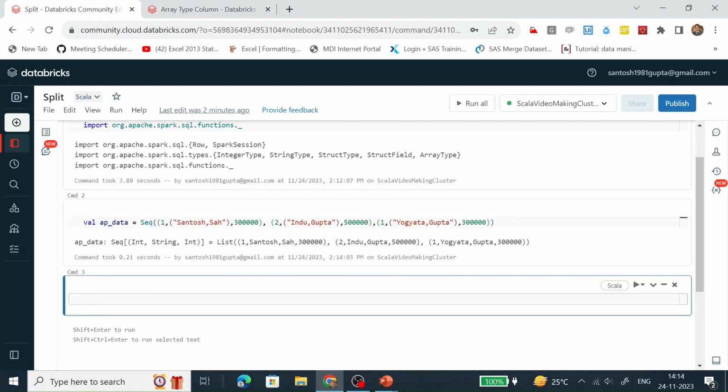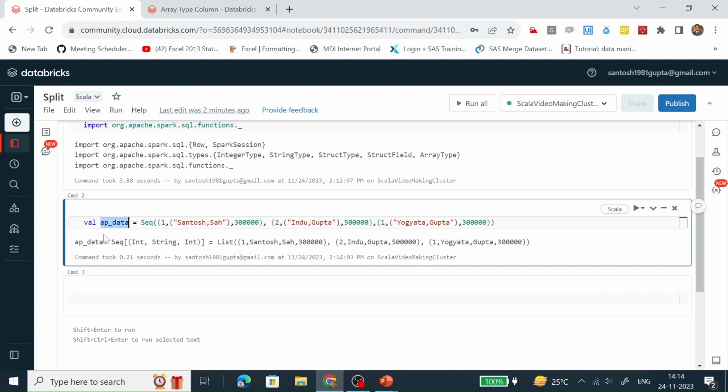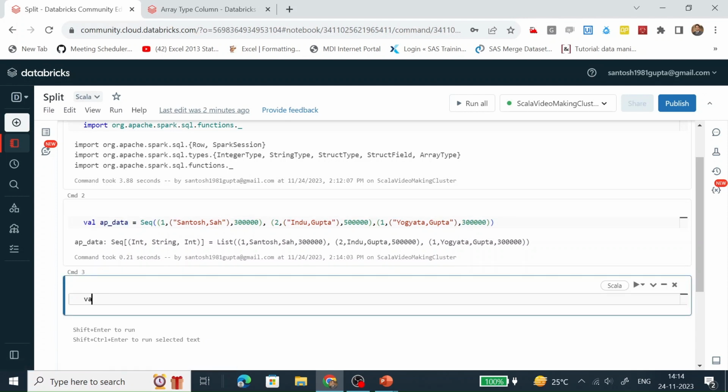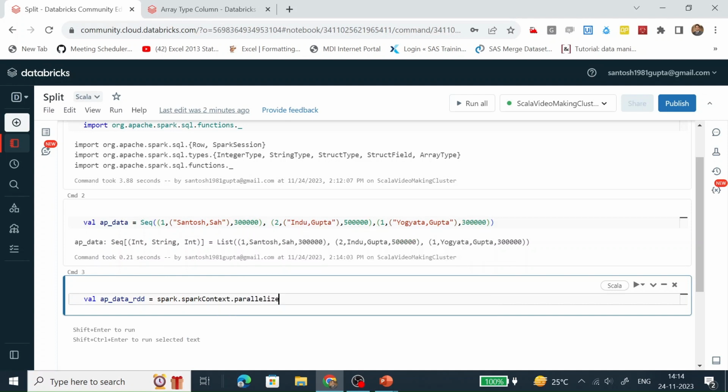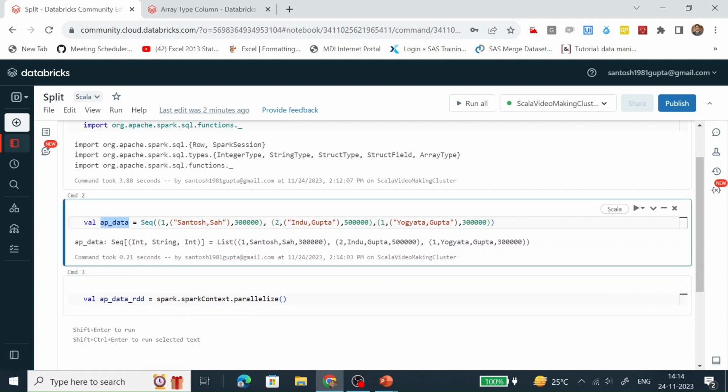Let's create an RDD with the help of this object. How are we going to create the RDD? With the help of the parallelize function and by passing the object which is holding the data.